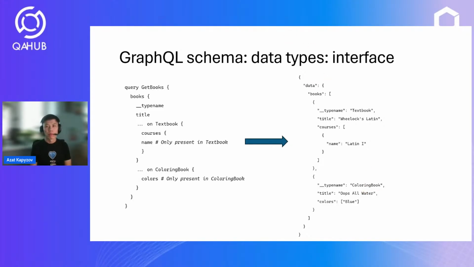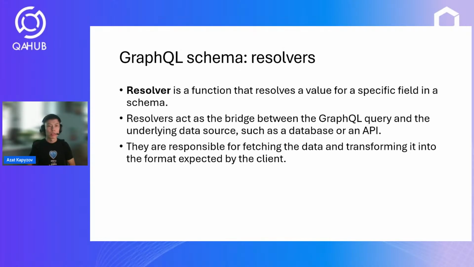But also we have resolvers. So resolver is a function that resolves a value for a specific field in a schema. So resolvers act as a bridge between GraphQL query and the underlying data source, such as a database or another API. And they are responsible for fetching the data and transforming it into the format expected by the client. So in other words, it's logic. Yes, it's implemented logic on our server. These resolvers. It's a function that